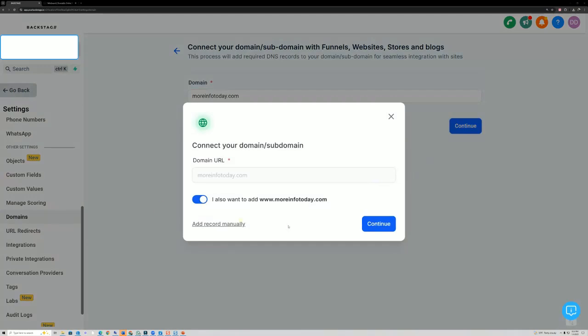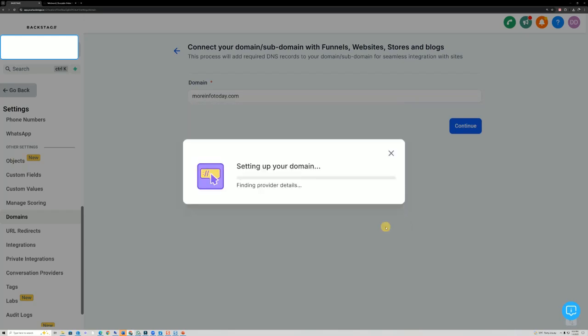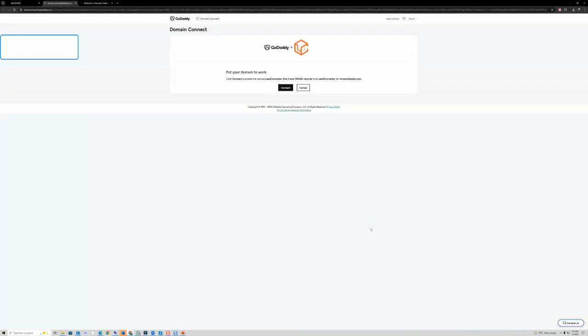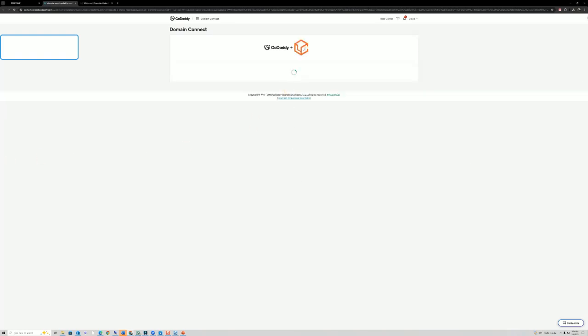Now, it's going to ask you if you want to add the www to it, and I'm going to say yes. And then I'm going to hit the blue continue button, and it's going to realize that it's on GoDaddy or whatever domain source that you have, and it's going to try to connect to that. So it might be helpful if you log in, like if you've already logged into GoDaddy, or it's going to ask you to, but I'm already logged into GoDaddy, so I hit authorize, and it goes out there, and then I hit connect. This might look a little small on your end, but right there, the black, it says connect. I hit that,